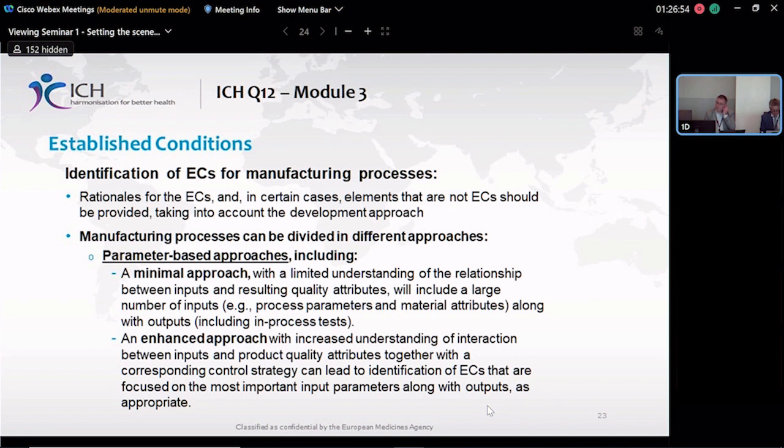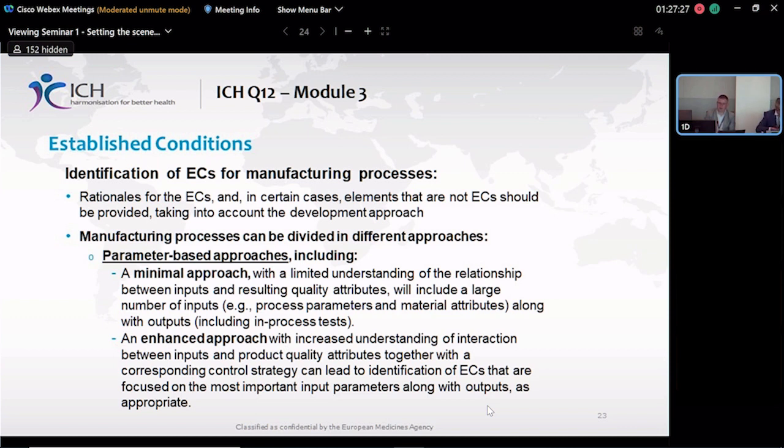So to identify the established conditions for a manufacturing process, we expect that when a company is following a development in line with Q12, they will provide a rationale for their established conditions. Depending on the development approach they've followed, these can be divided into basically two different approaches: minimal approach and enhanced approach. So if you read ICH Q8 or Q11 on pharmaceutical development of finished product or active